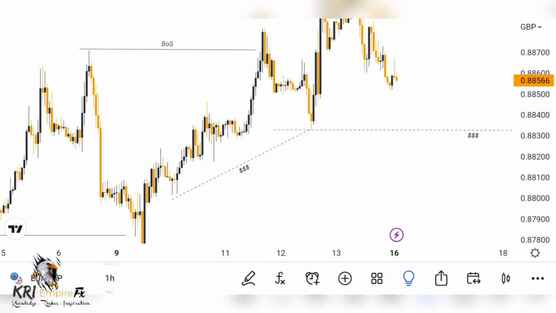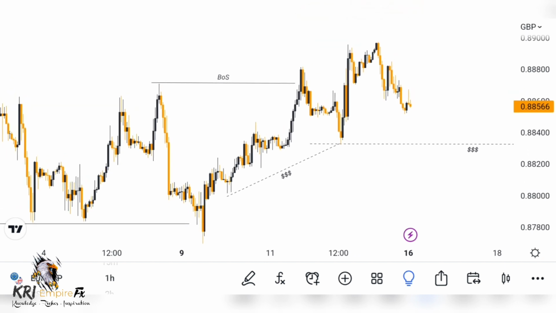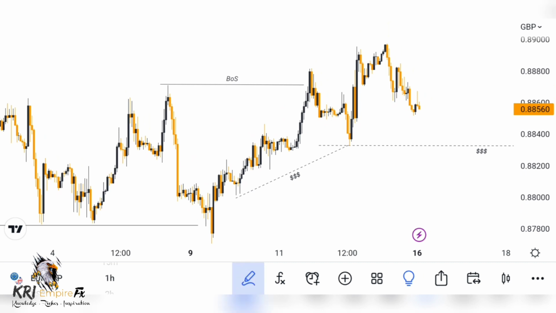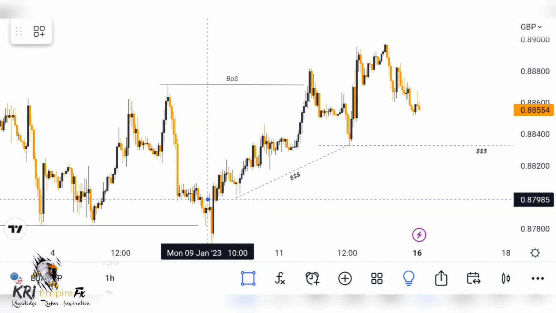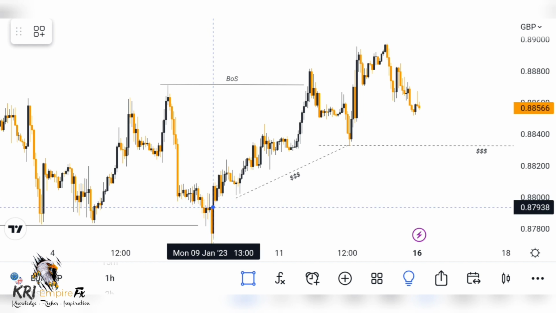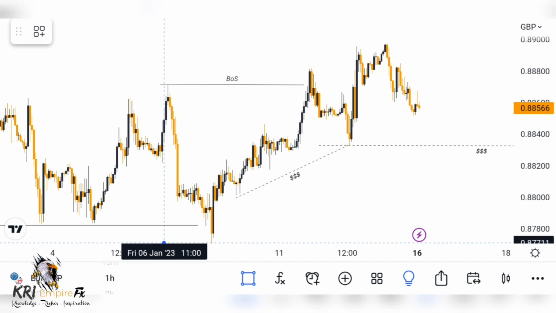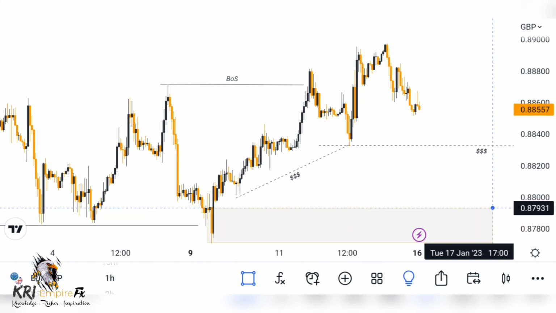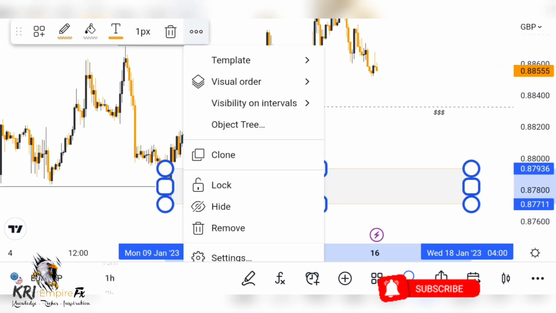On the 1 hour, there is this minor imbalance right over here. Let me show you the imbalance. This small gap, there is an imbalance right there. So I will mark this order block, which is the last candle before the push to the upside, like so. So I'll be expecting that when the market gets to this